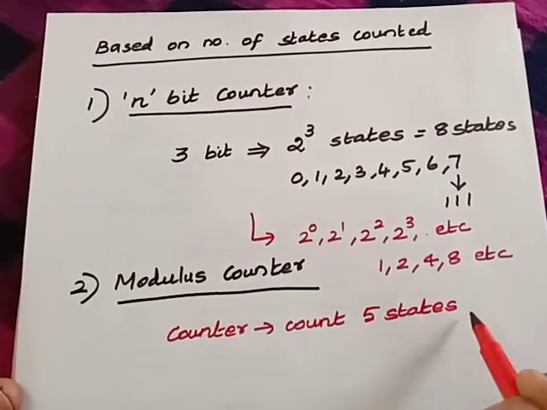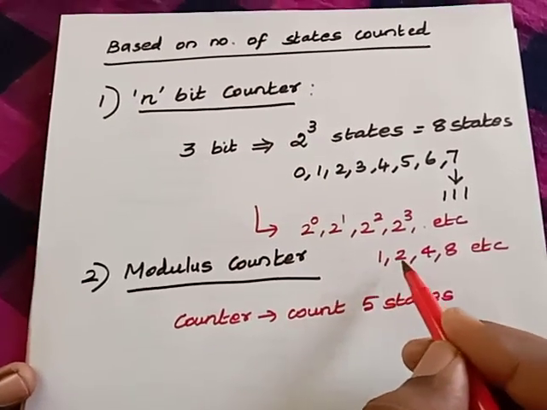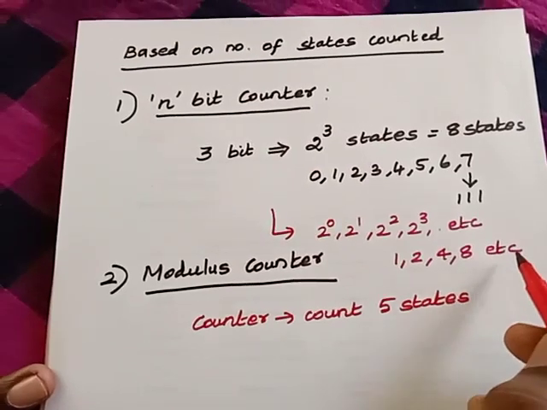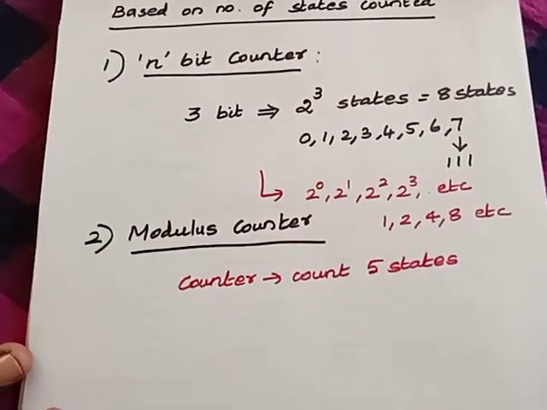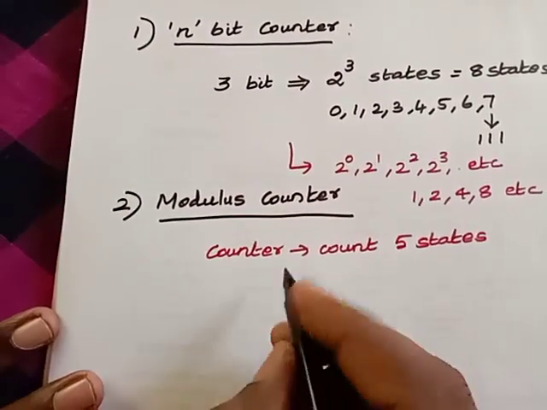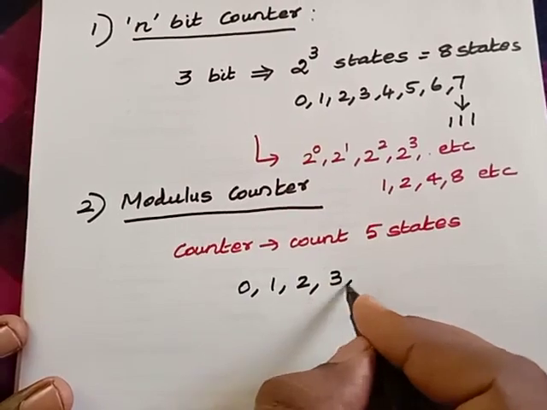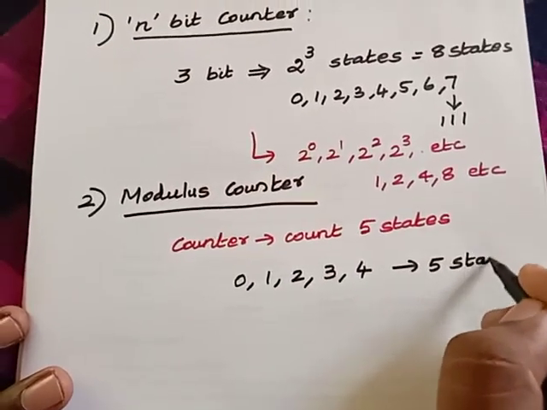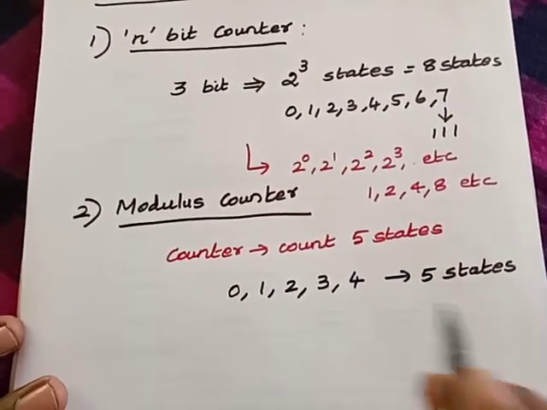Correct. So here I cannot use any counter among these because all have a fixed number of states, either 1 or 2 or 4, 8, 16, 32, etc. So what to do for this? That means here I require a counter which has to count 0, 1, 2, 3 and 4. That means totally it has to count 5 states. I cannot fixedly tell it as either a 2-bit or 3-bit counter.